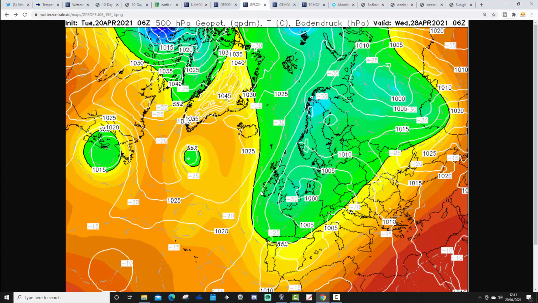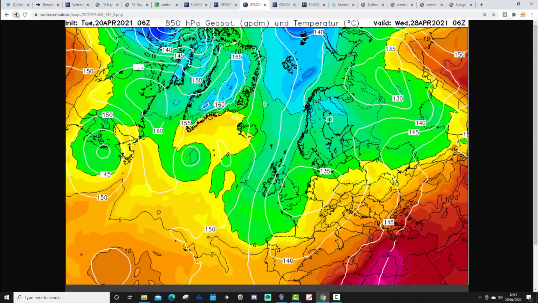So snow is possible here across northern and eastern Scotland. And probably more notably serious is the risk of further significant overnight frost. There is an area of low pressure that's a little bit deeper as well with this GFS 6Z run around the middle of next week, that might bring more persistent spells of rain to southern and eastern parts of the country. Much needed, I hasten to add, but will be potentially quite cold and wet through the middle part of